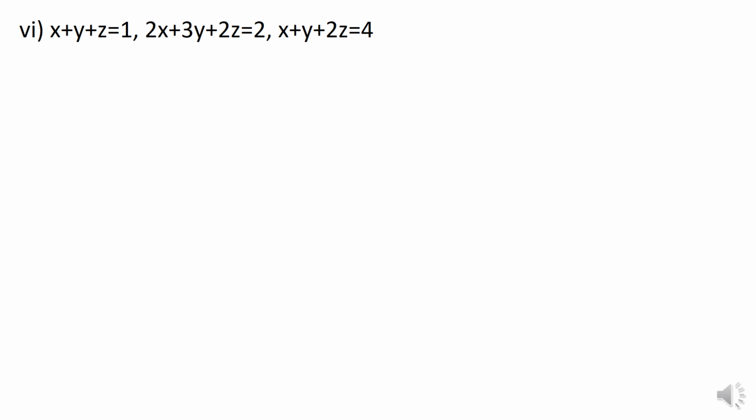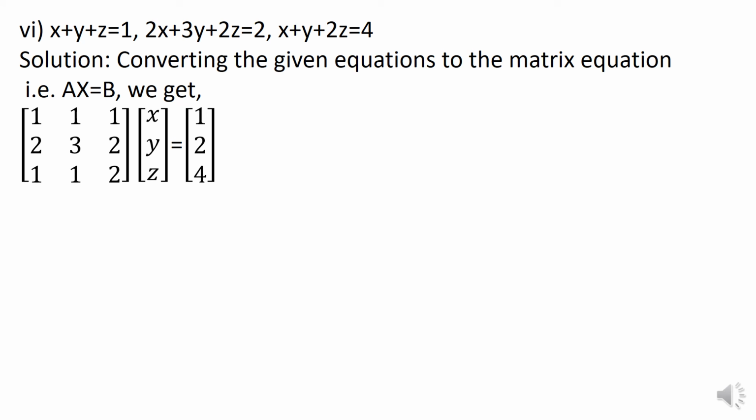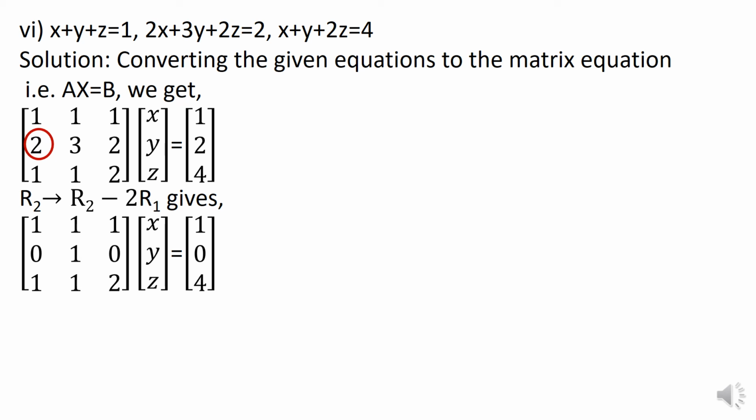Let us solve one more sum of this type. We start by converting the equations into matrix form. Thus we get this particular matrix equation. On observing the matrix A, we find that converting it into an upper triangular matrix is easier. So below the diagonal, all the three elements have to be converted to 0. We start by trying to convert 2 into 0. So we'll transform R2 in such a way that 2 becomes 0 by doing R2 minus 2R1. Thus we get 0 in the appropriate position. Observe that the entire R2 changes on the LHS as well as the RHS because of the transformation.